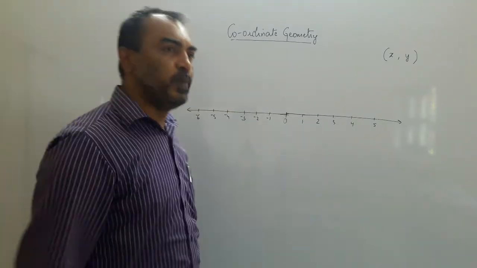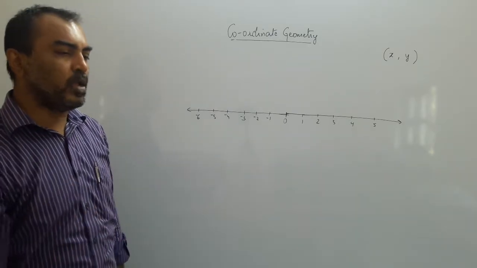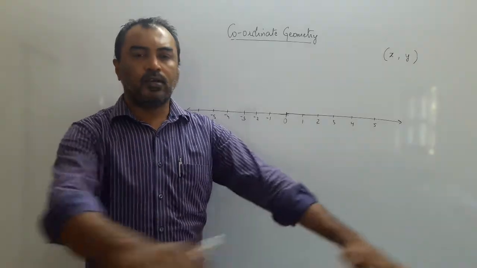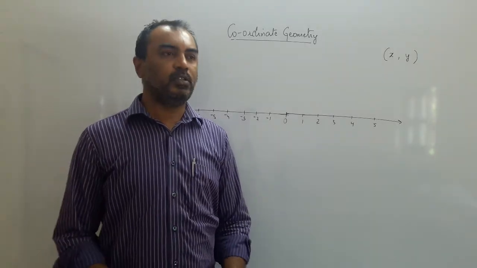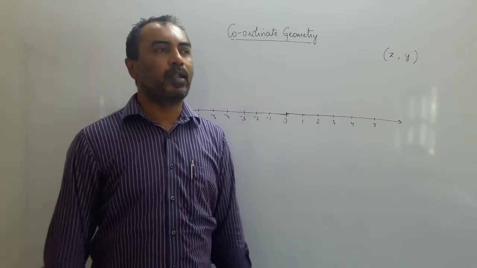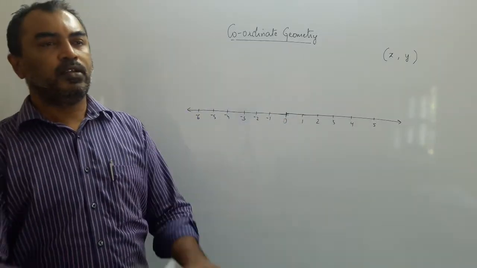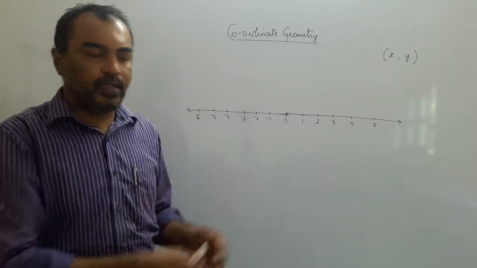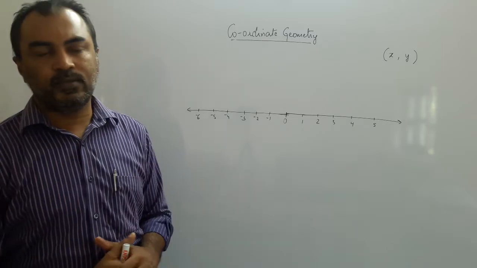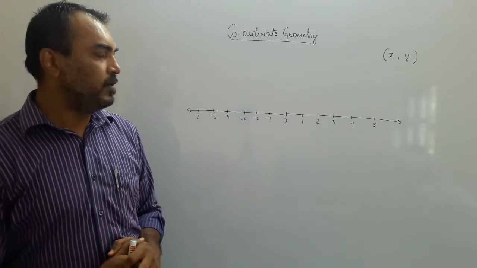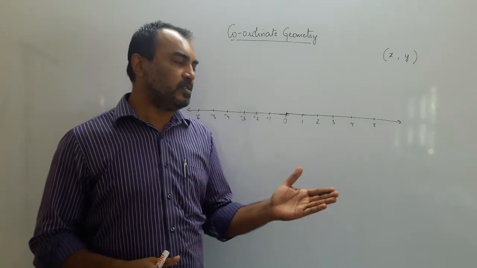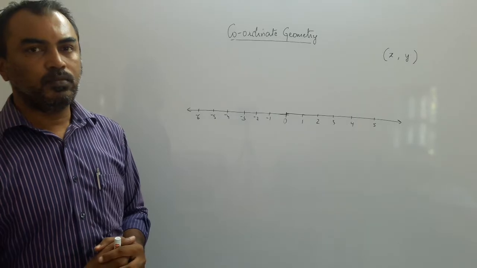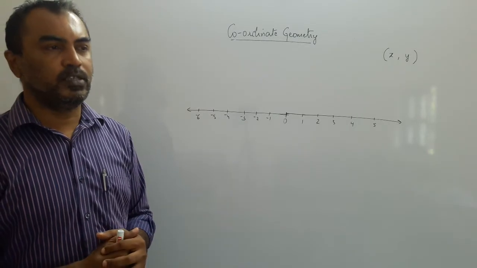Now let us see an example of a 2-dimensional space. For a little time, we can consider the earth is flat. Actually, the earth is not flat, it is a round globe. But if you see a small region, the earth is flat. So you are living somewhere in a society, and there are many societies also. Let us say a friend is coming to your place and you want to tell him the location. You want to tell him where your house is.